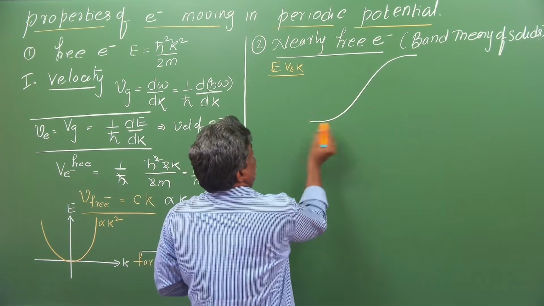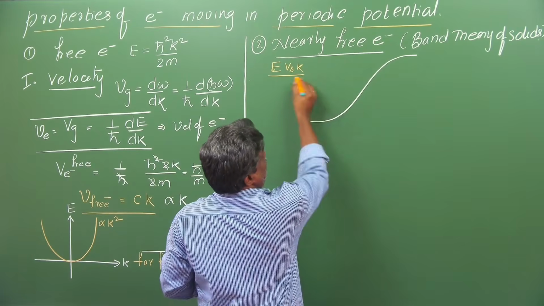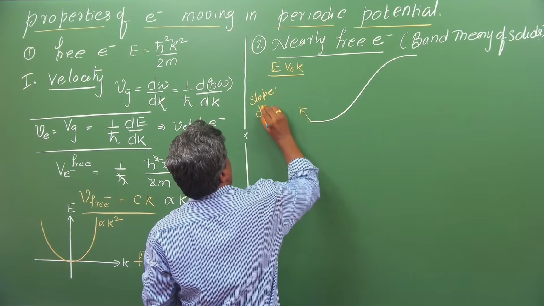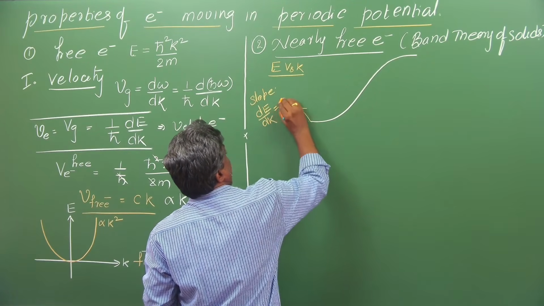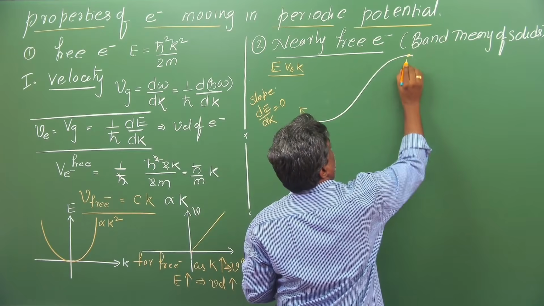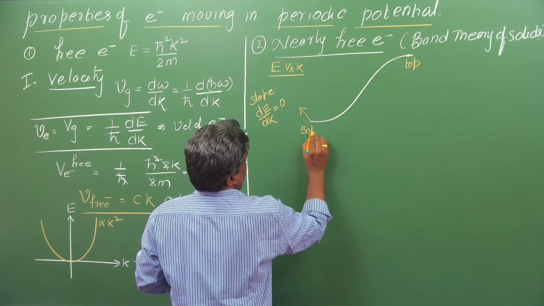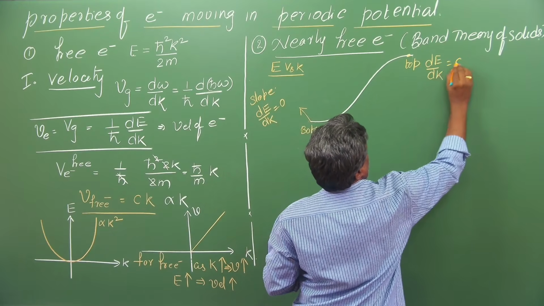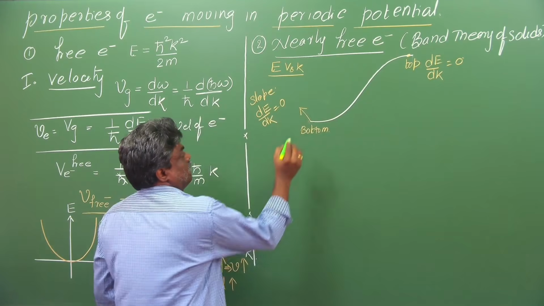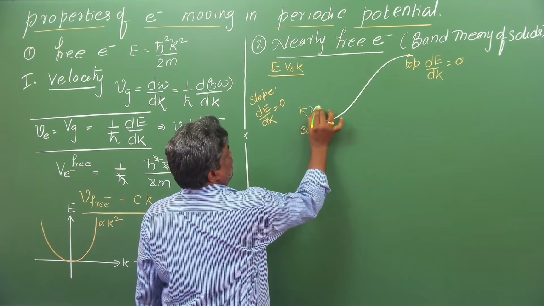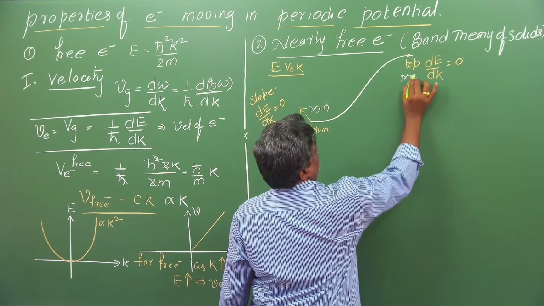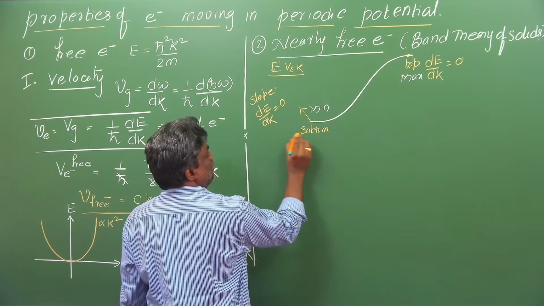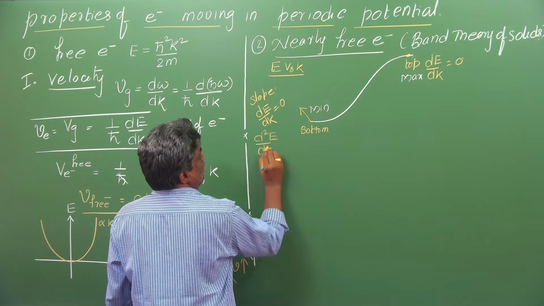That's good. Everybody knows this is E versus K. At this point, the slope, could you please tell me what the slope is? dE by dK equals, now at this top and this bottom. At this top also, could you please tell me? And one more, is it a minima or a maxima? This one, minima. This one, maxima. I hope you remember, at a minima what will happen? d square E by dk square is